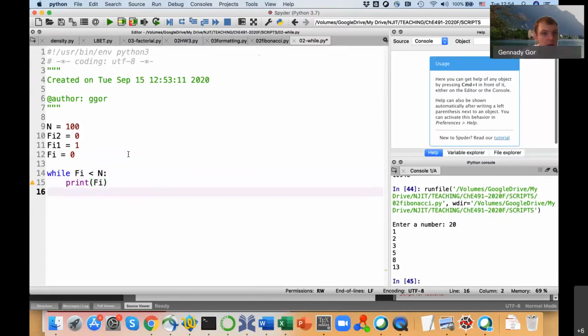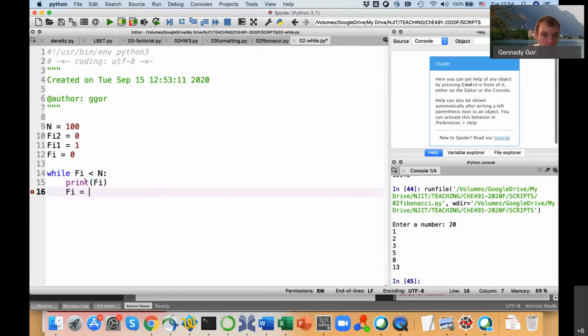And then this condition will be performed while this is true. So let me type here. After this is performed, after we print this number,